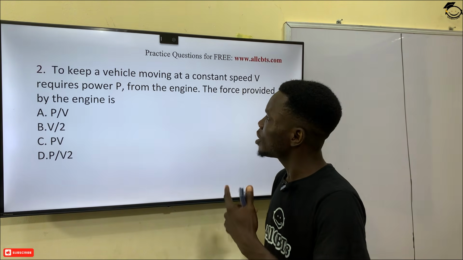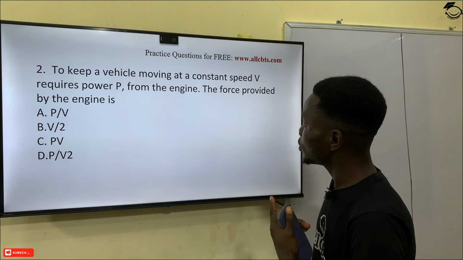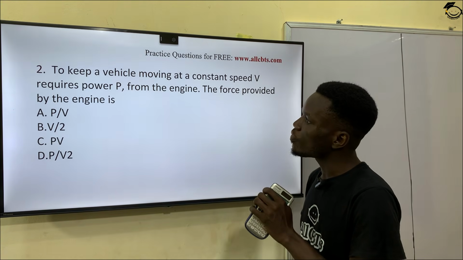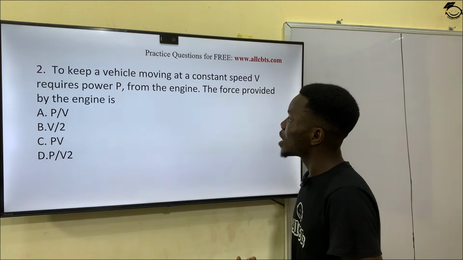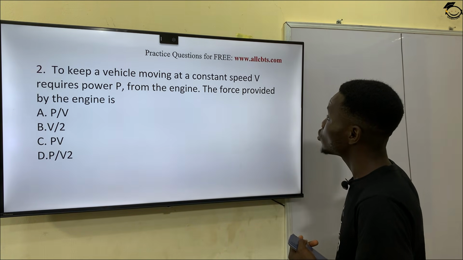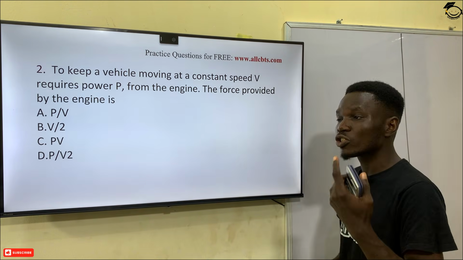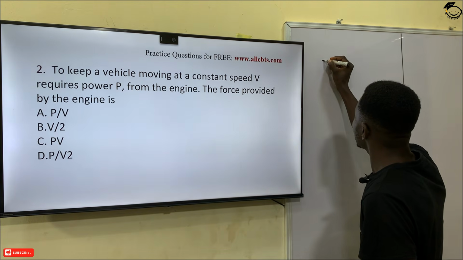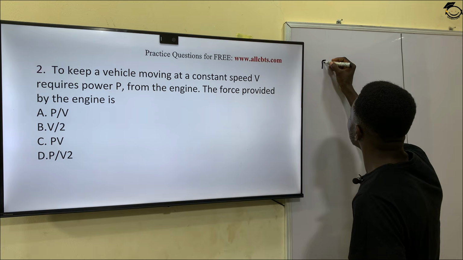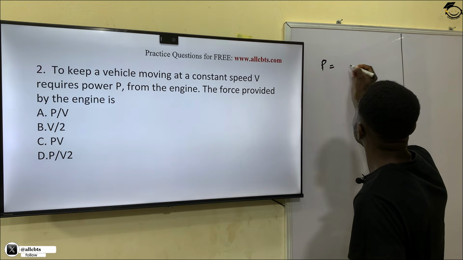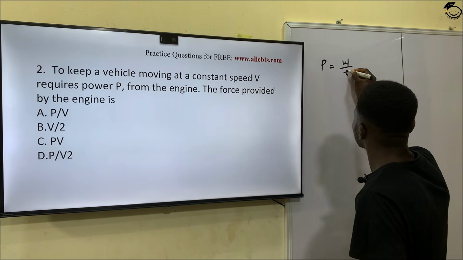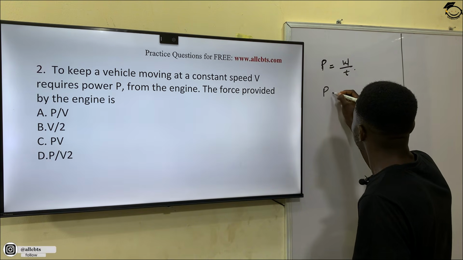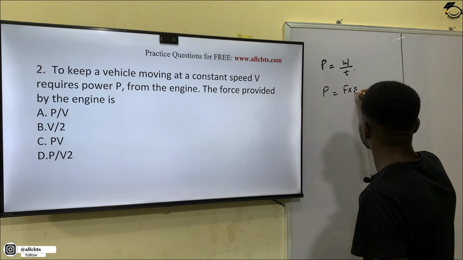Question number 2 says, to keep a vehicle moving at a constant speed V requires power P from the engine. The force provided by the engine is dash. So they are asking you to derive a formula that has to do with force, but it should constitute the speed and the power. So we know that power is supposed to be equal to work done over time. And we know also that this is the same as saying that power is equal to force times distance over time,